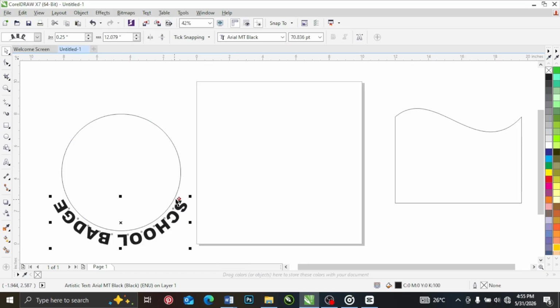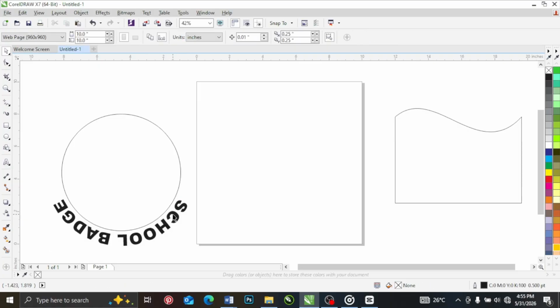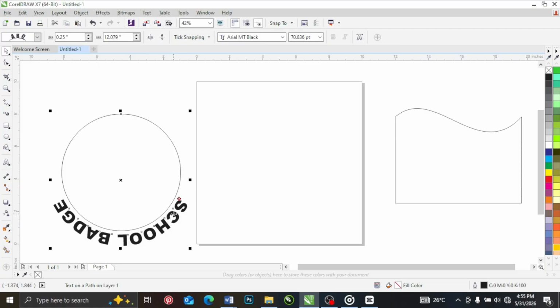But look at this now. This thing is upside down. What do you do? You click on the text. Remember, if you click on the text for the first time, it's going to select everything. But I want to select only the text, so I have to click on the text again. Now go up